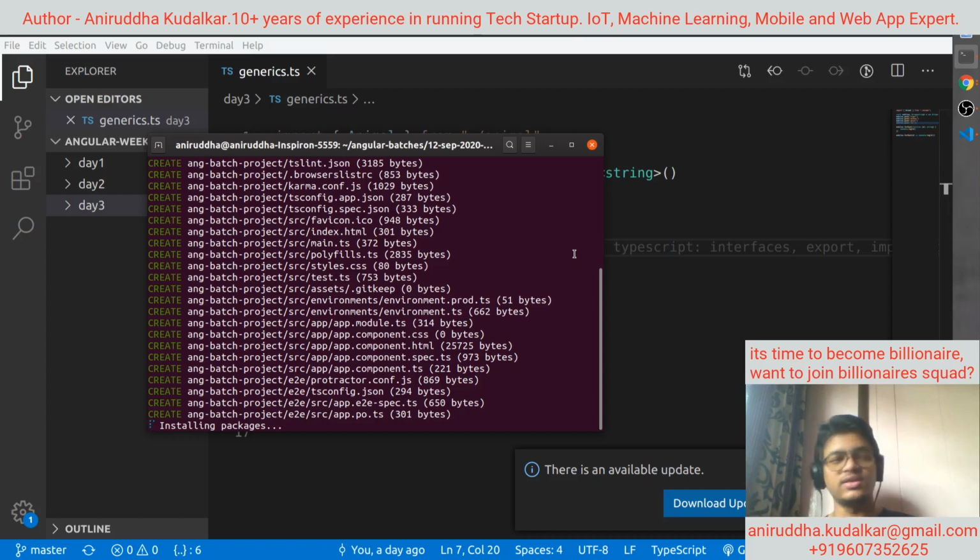So first you will create the repository, then you will clone it, and then inside that repository you will create the project. So it will take little bit of time.